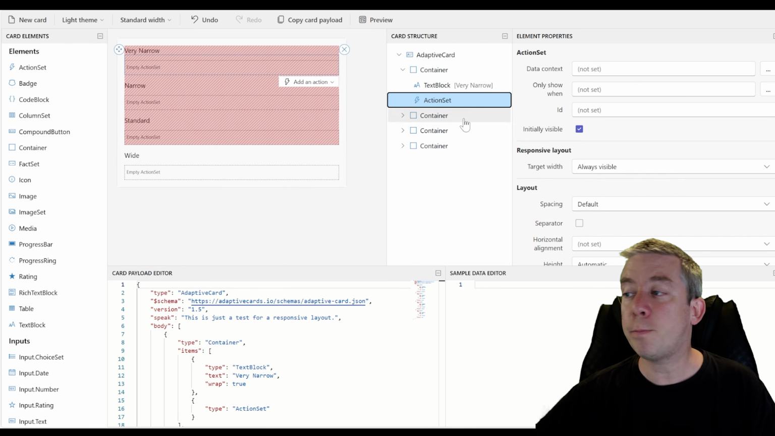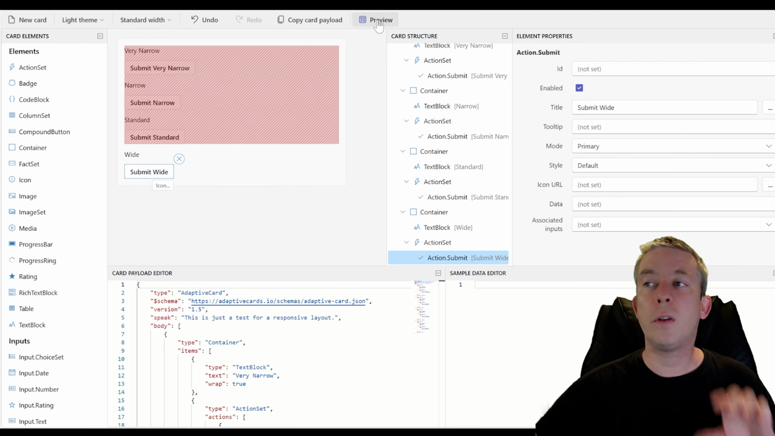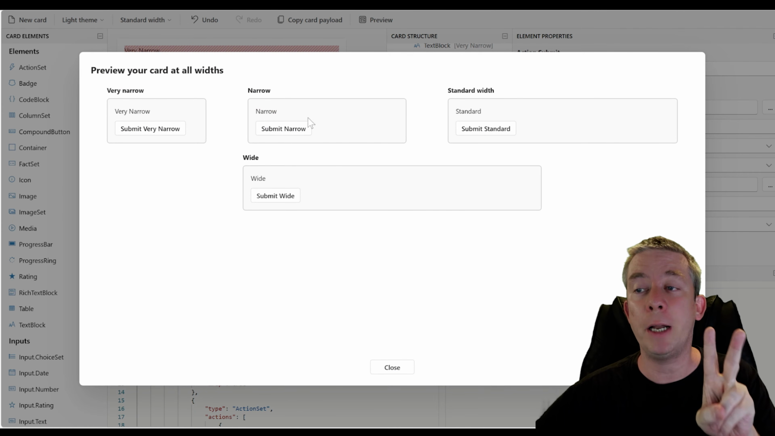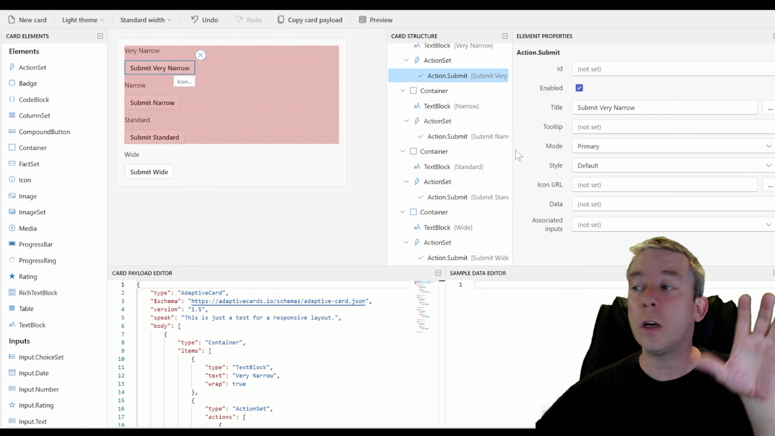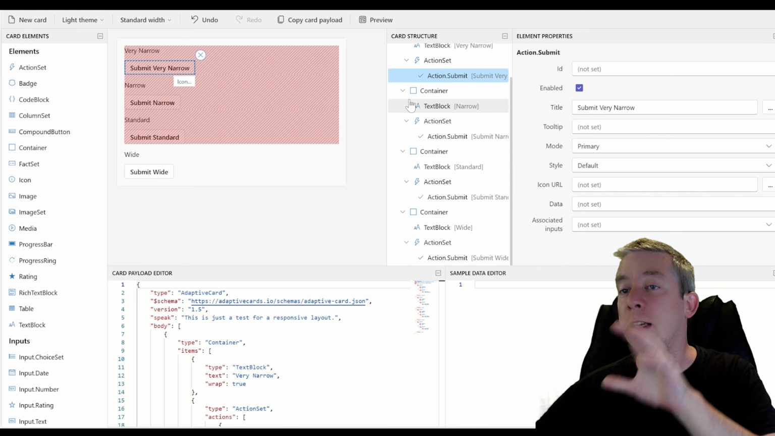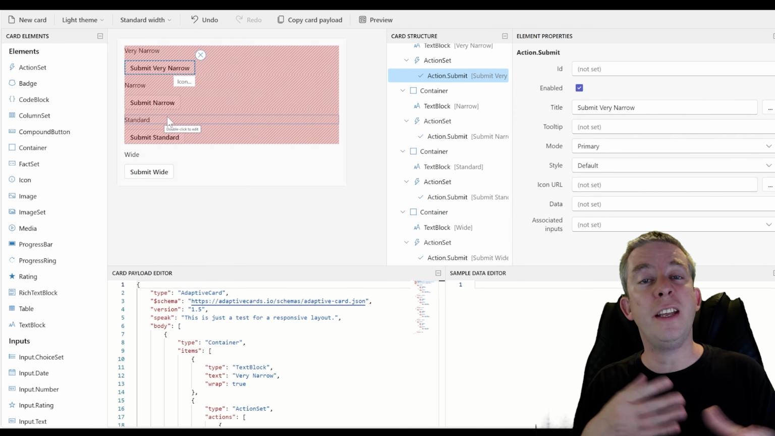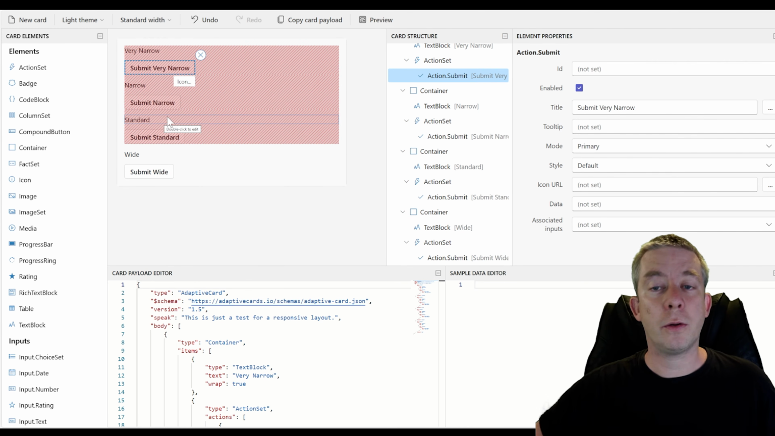And for each of these buttons, I'm just going to say, add an action, submit. All right, so we'll take another look in there. Now we have our text block and we have our buttons in there. And each one of them is different. Each one of these cards is different. Now, if we wanted some kind of image or picture to be in multiple places, this kind of goes back